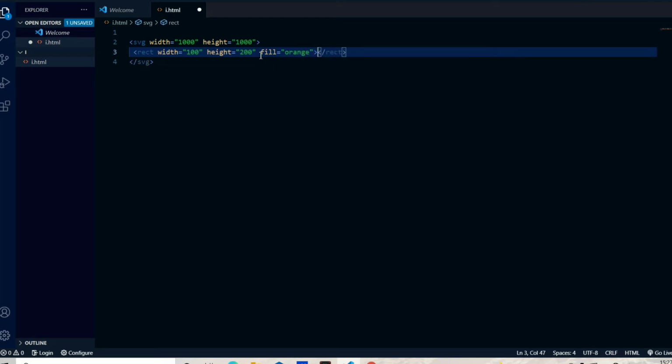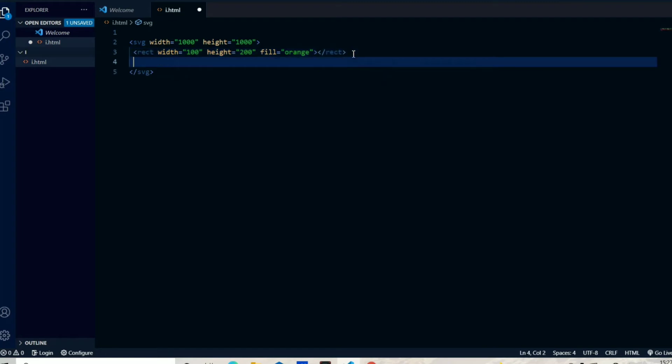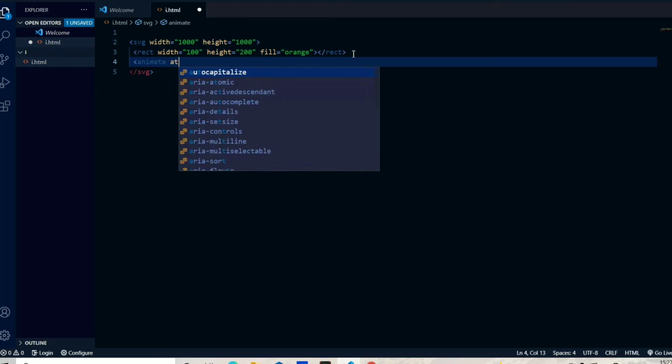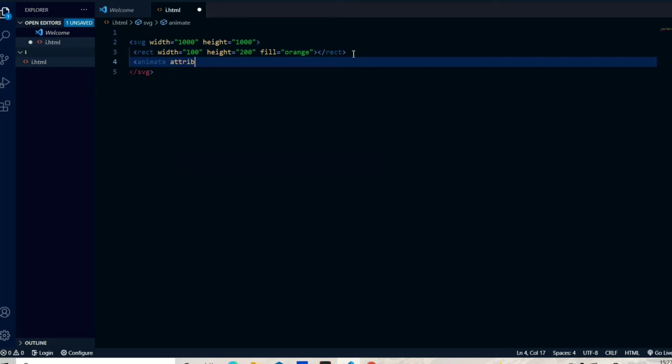And next I use the animate tag, and I use the attribute name equal to X, and I use from equal to 0, to 100.